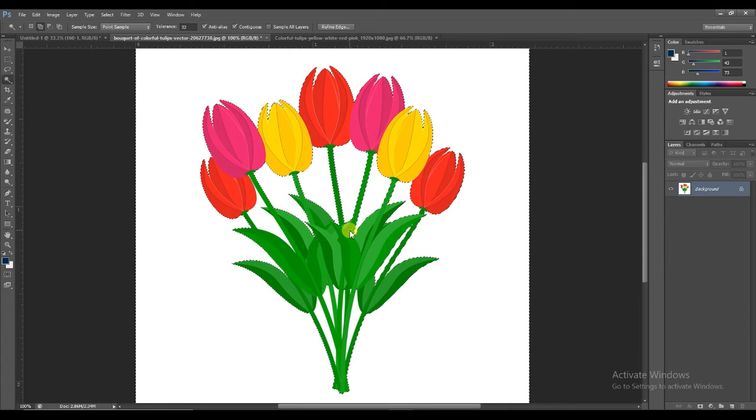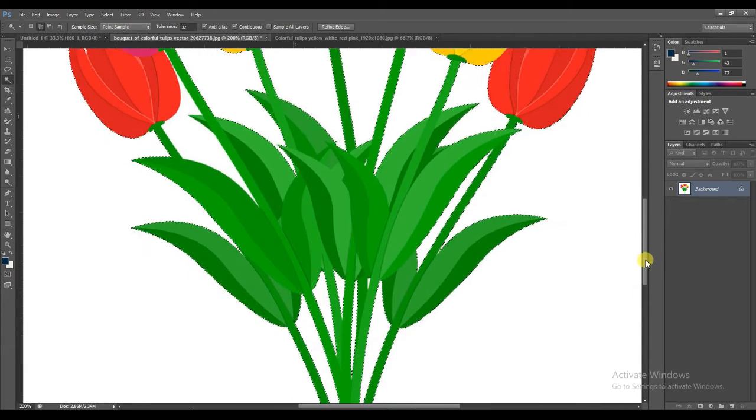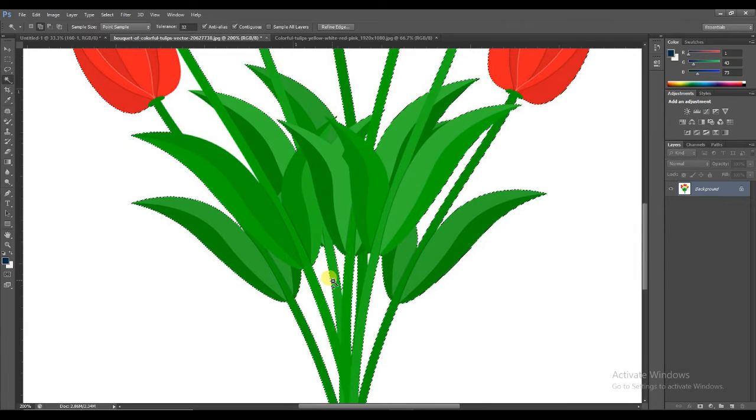Even small tiny parts you can add. And add. Okay, to increase the brush size, we need to click the right bracket. To decrease the size of the brush, you need to click the left bracket. Okay,